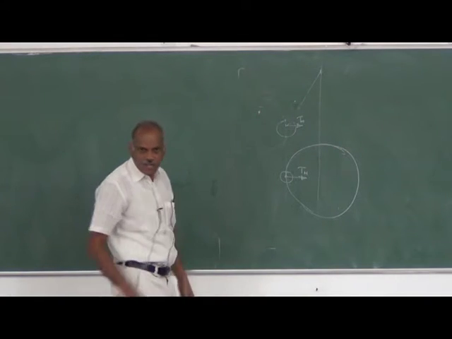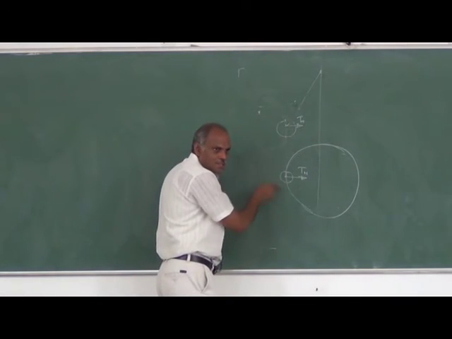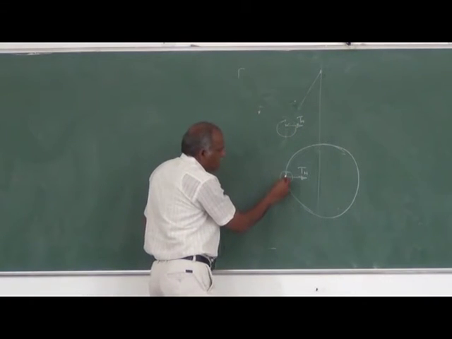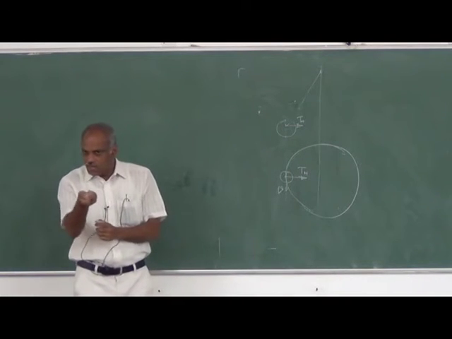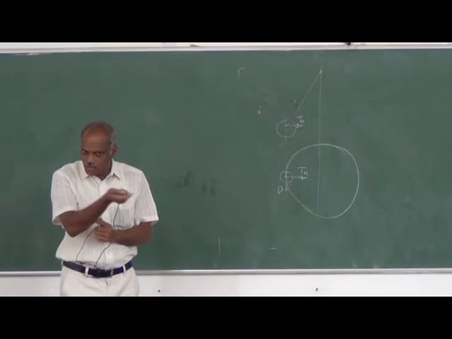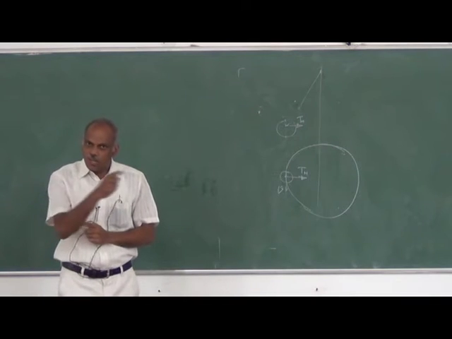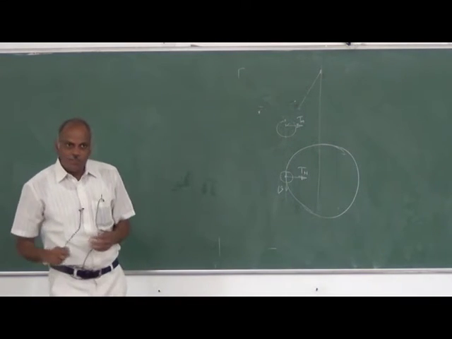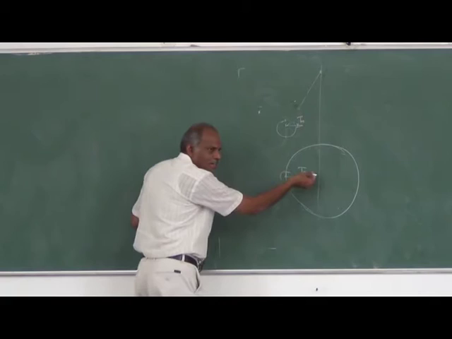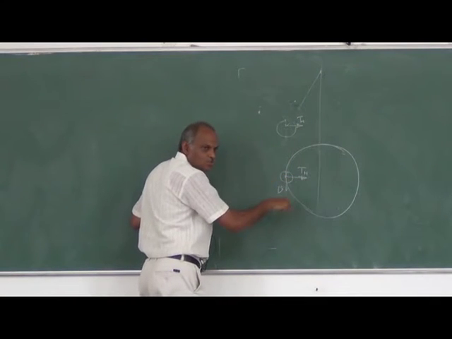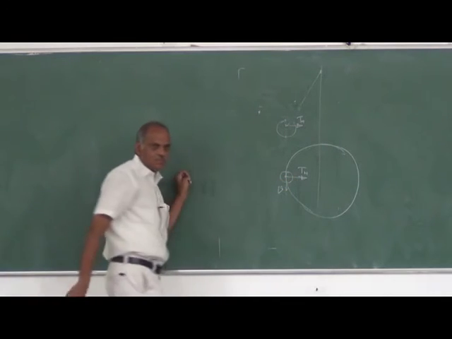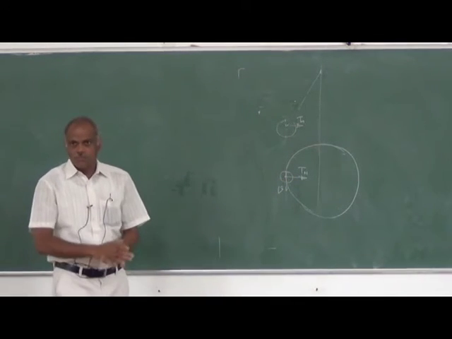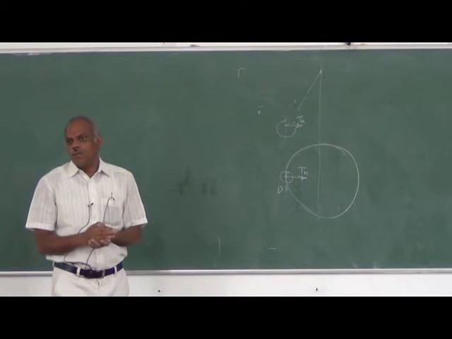This force is necessary to give the necessary acceleration, because this is accelerating in its direction. If you take the velocity vector, the velocity vector is not changing in terms of magnitude, but the direction is continuing to change. So it is subjected to acceleration. That acceleration is towards the center. You need a force to impart that acceleration. That force is given by TH. Okay, you can do like this.